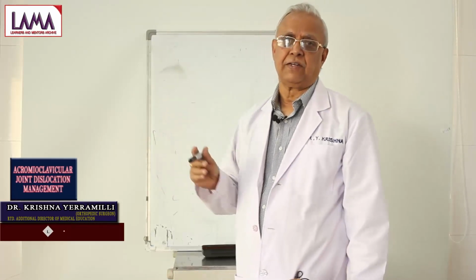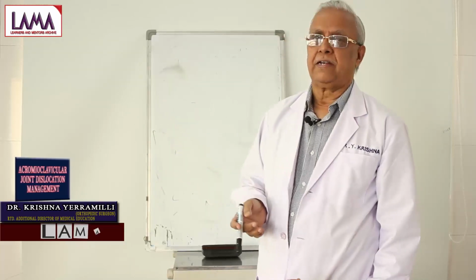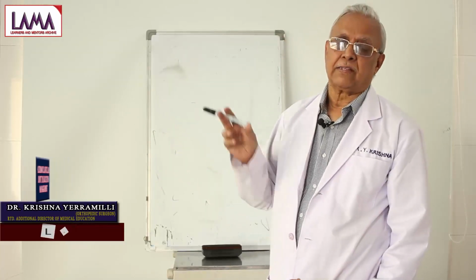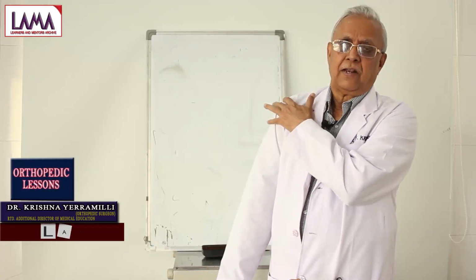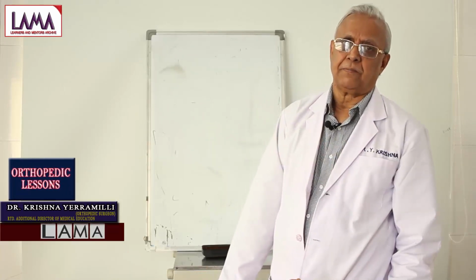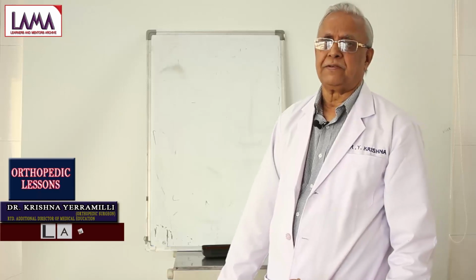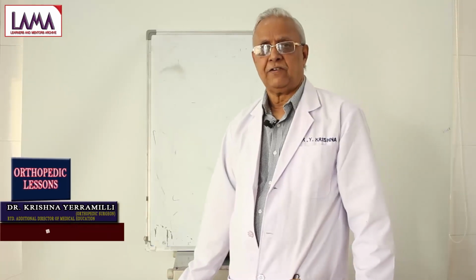They come to us very late. But fortunately, once again here also, except for the cosmetic purpose, that is the prominence of the outer end of the clavicle, you won't have much of a disability after some time. Especially in an elderly patient, we can jolly well leave it alone instead of meddling with it. But if the patient is seen early,